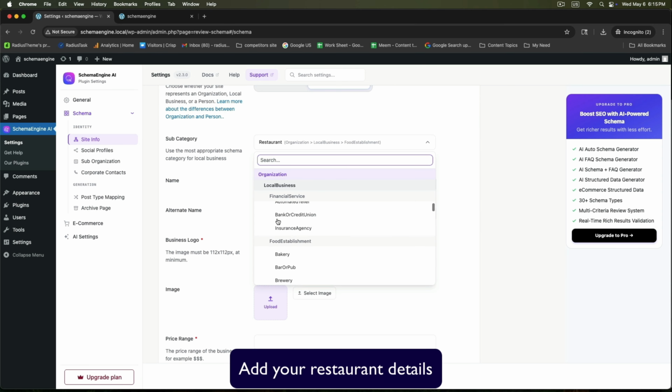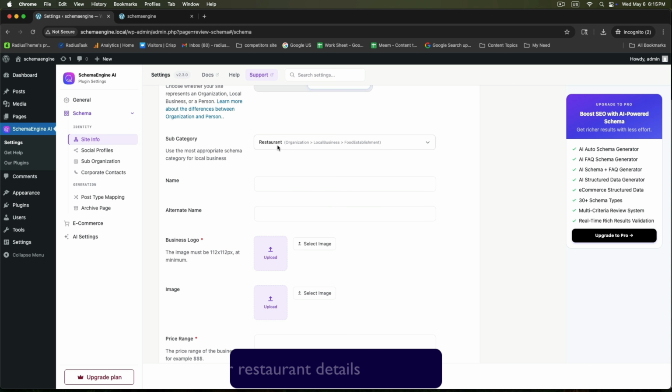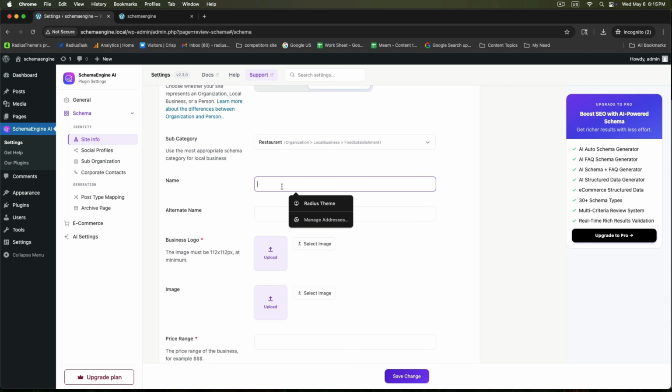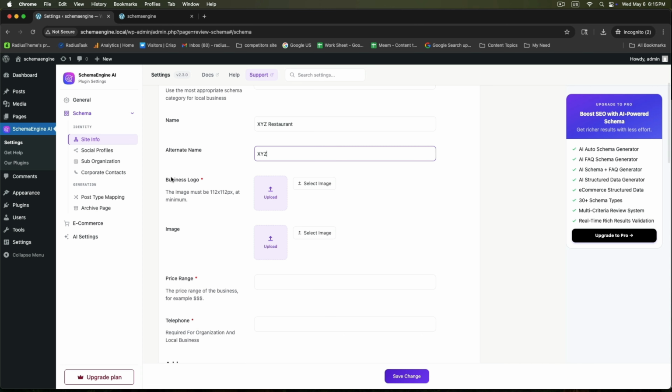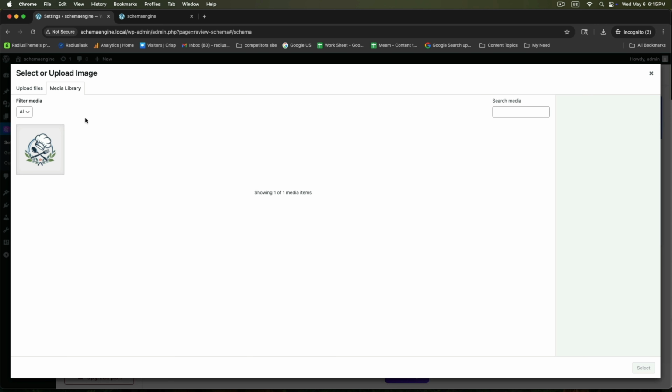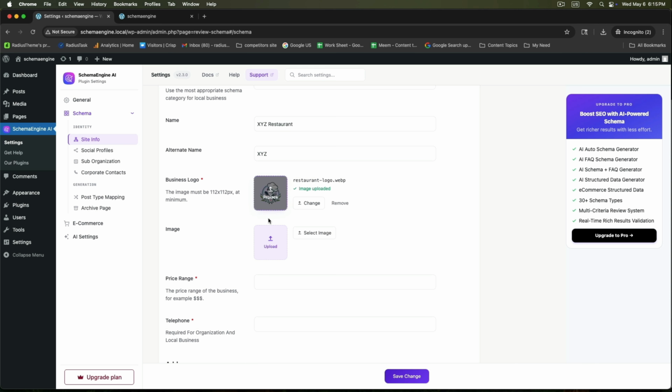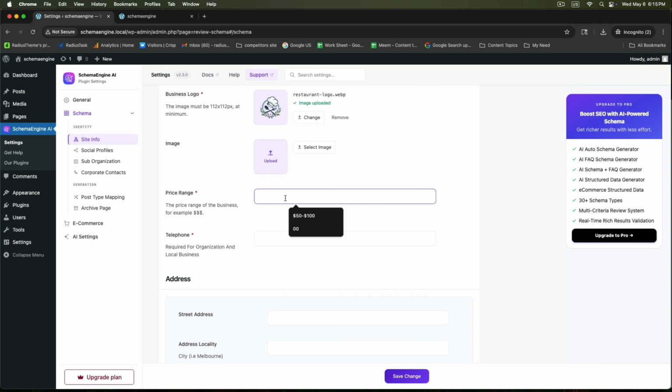Go to the site info first to add your restaurant details. From the subcategory, choose your restaurant and use the most appropriate schema category for your local business. Then provide your restaurant name. If you want, you can further add your alternative name. For your business logo, select your appropriate one to upload here. Then set your price range for the business,